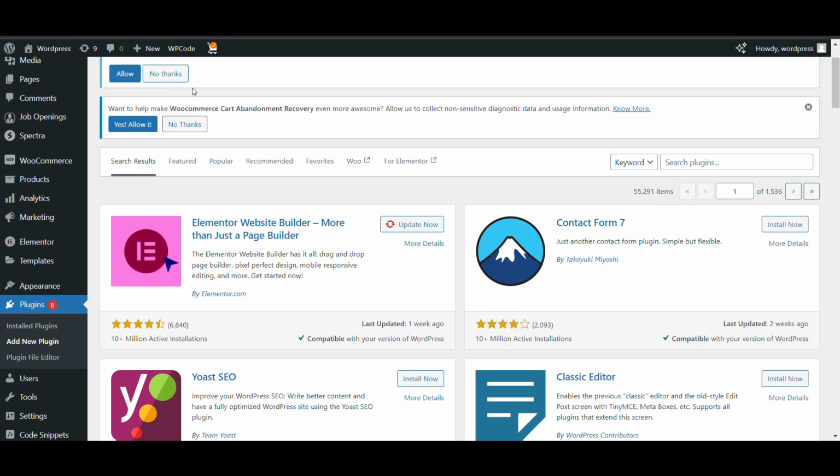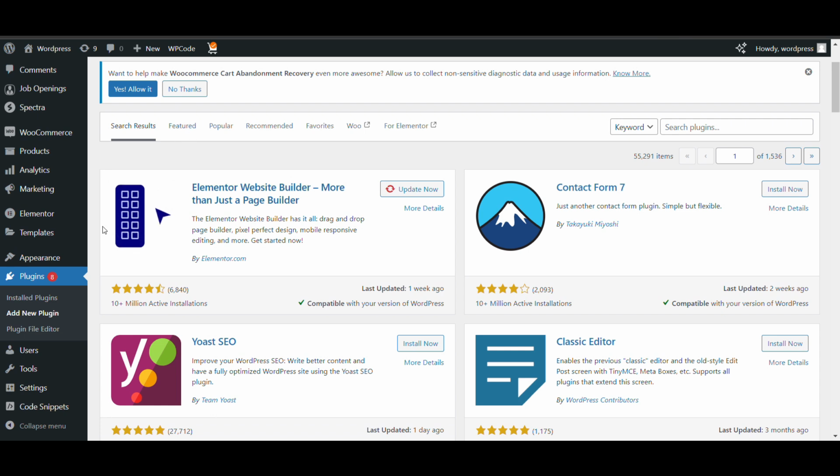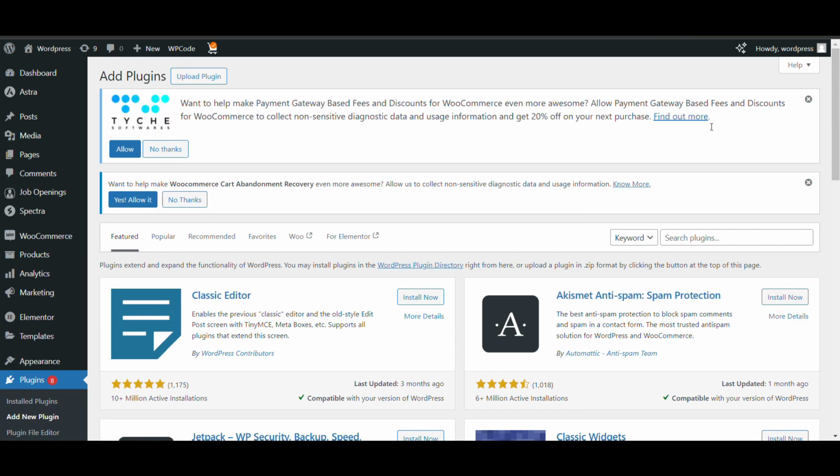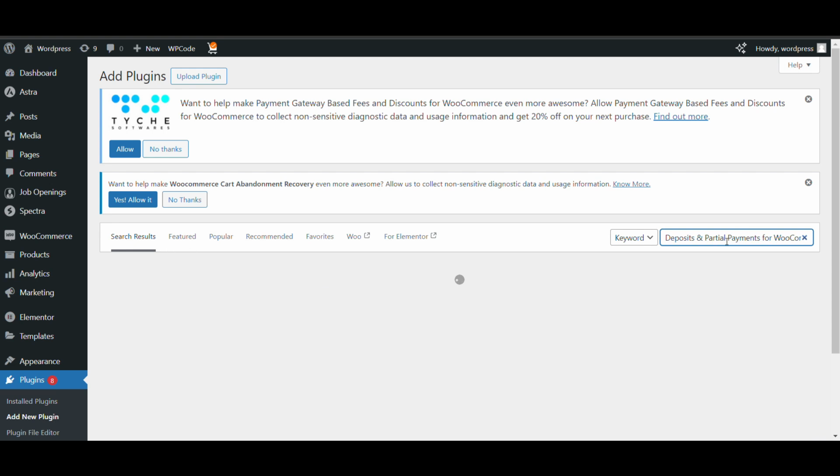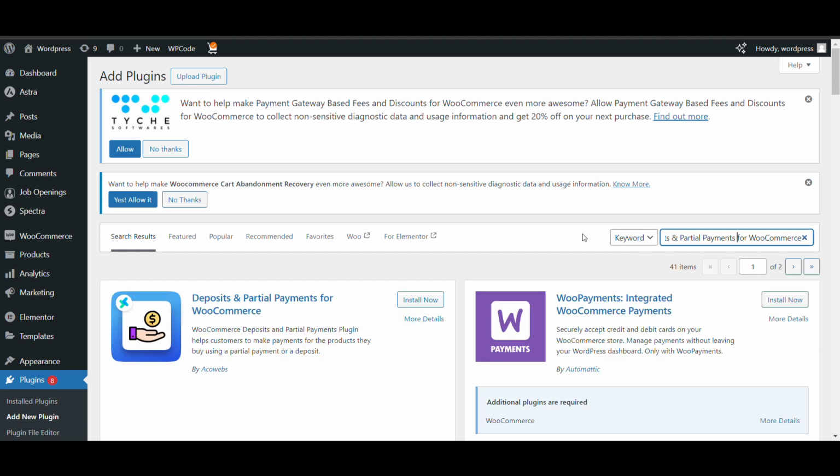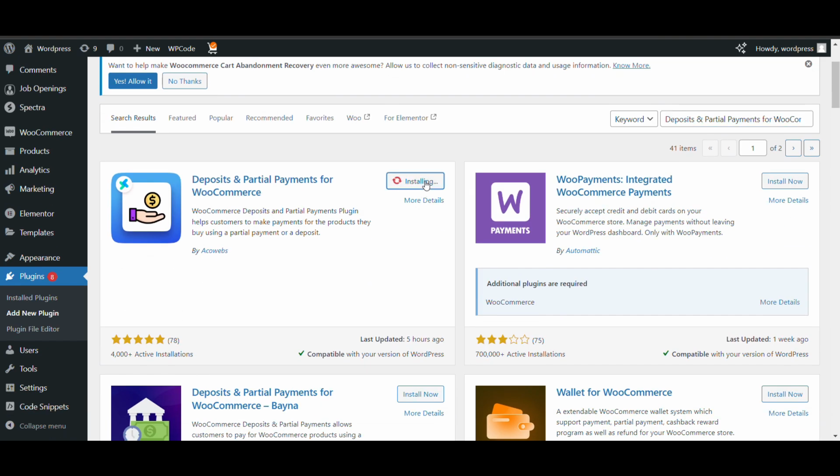So first log into admin WordPress and here go to plugin, click on add new. Now we will here install the plugin for partial payment. Search here, we need deposit and partial payment for WooCommerce. We will install and set up it, and it will be for free.